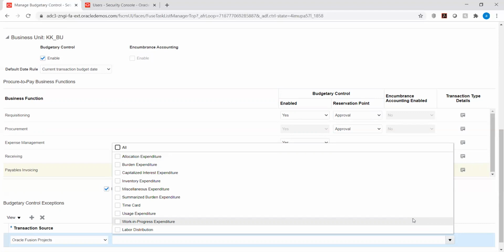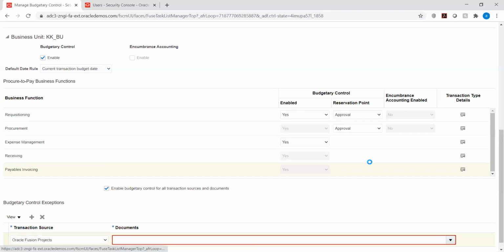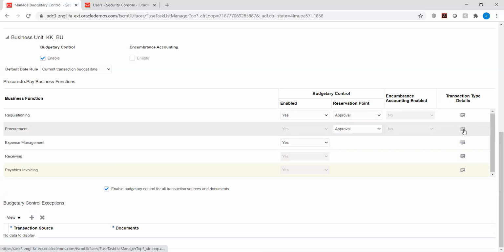Yes, in the exception itself, what will be the source for data coming from the purchasing module? For the purchasing module, we have specifically here, if you want to restrict, we can restrict for a particular transaction type itself. I'll show this one.